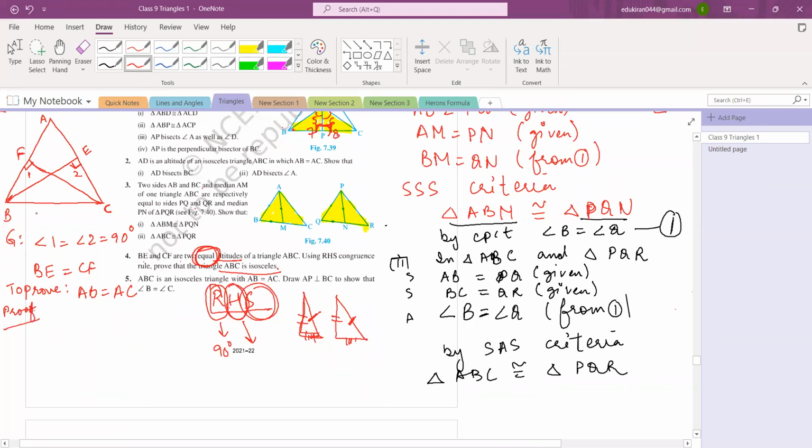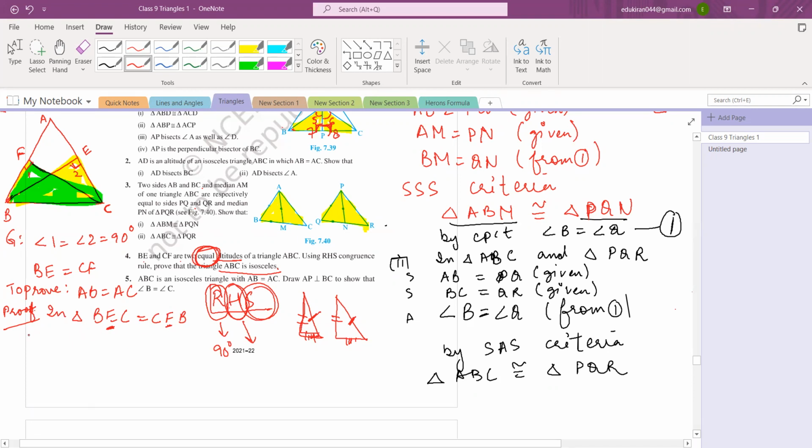So RHS can be used if the triangle is a right angle triangle, isn't it? Yes. Okay, so for a right angle triangle, can I take this triangle BEC, this one, and this CF, this one, these two triangles I'm taking. Clear? Yes, ma'am. Okay. So write in triangle BEC and triangle CFB, right angle at E, right angle at F.